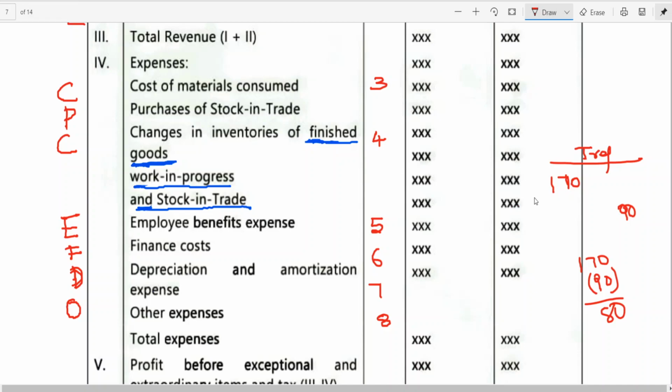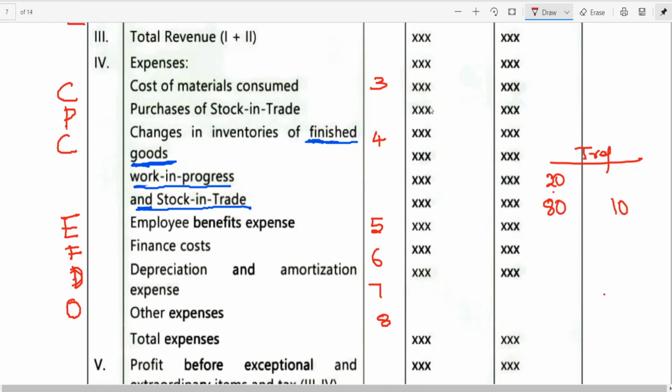Sir, what about the purchases, sir? I'll give you the clarity. Say this is opening stock. Let me be realistic. How this will be taken to this particular format, let me tell you, taking stock in trade. The opening stock in trade is say 20. Purchase is say 80. Sales, of course, you know that sales will be taken. So closing inventory say 10.